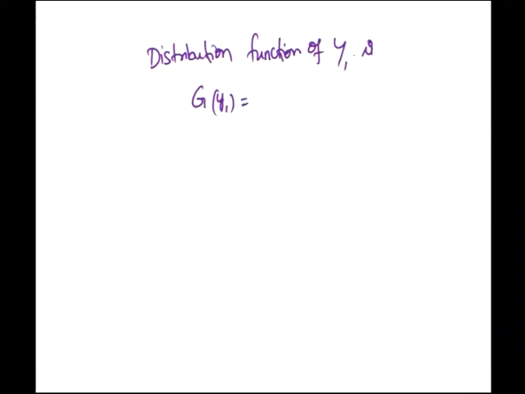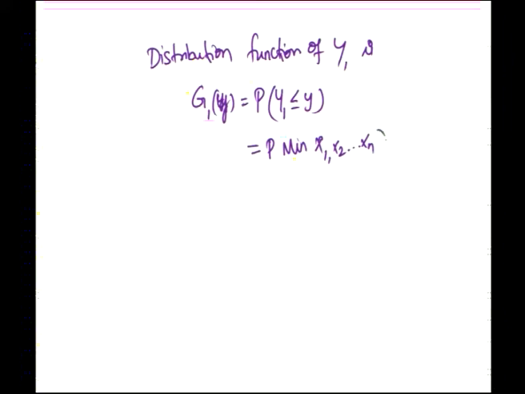So, since it is a distribution function, we will write g1 of y is equal to P of y1 is less than or equal to y. Y1 is nothing but minimum of x1, x2 etc. up to xn is less than or equal to y. Since it is the smallest order statistic,